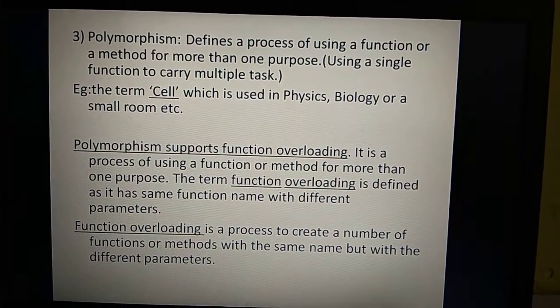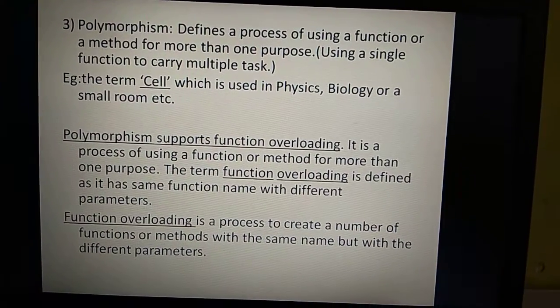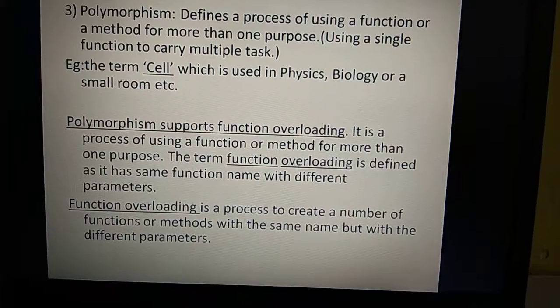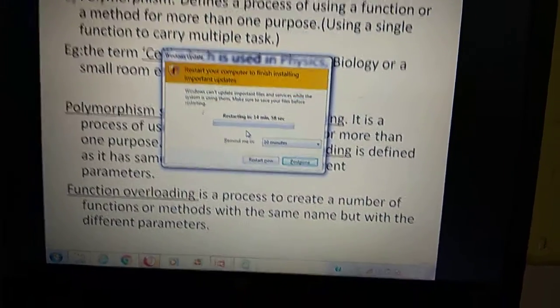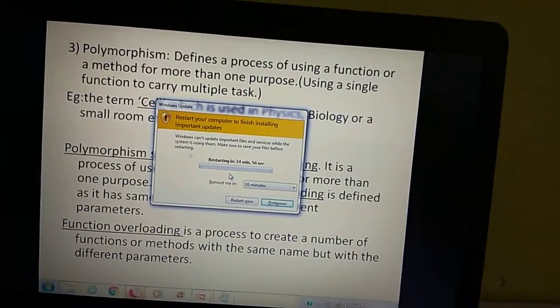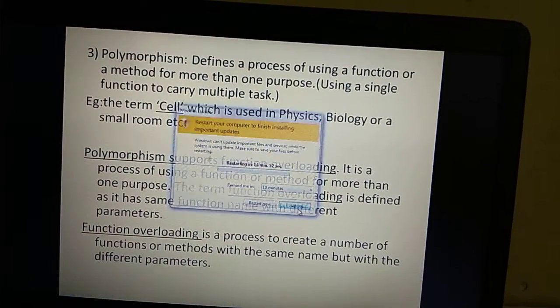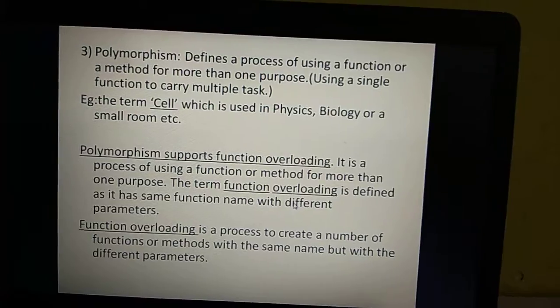So function overloading is a process to create a number of functions or methods with the same name but with different parameters. Is that clear to all? Okay. The next one,